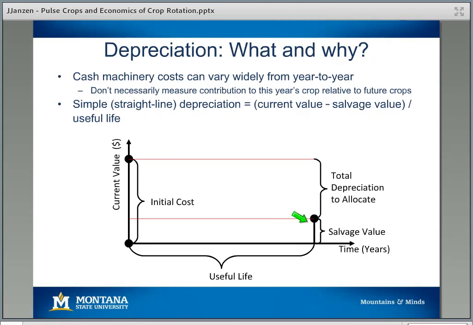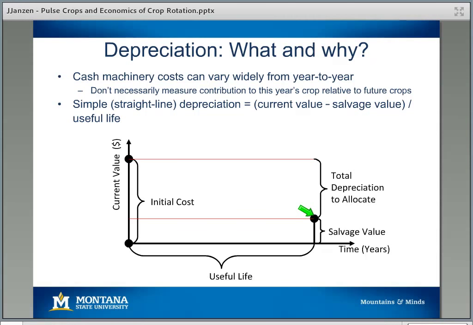We get to some value at the end of its useful life. And we just want to think about how much of that machine we use up in any given year. The simplest method is just to think about a straight line between the current value and the salvage value, and think of the change in that value in any given year as the depreciation cost for that machine, right? So the simple formula for this is the current value minus the salvage value divided by the useful life. So what's essentially the average amount of depreciation over the whole useful life remaining